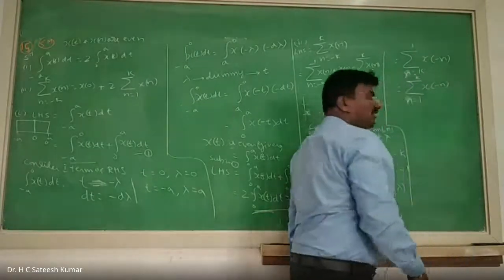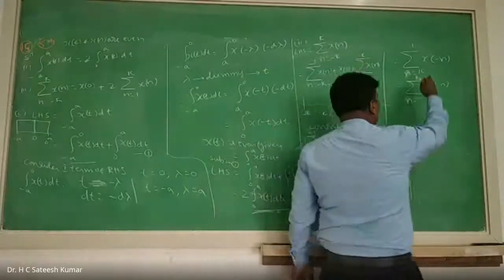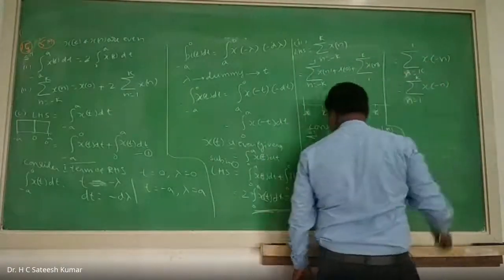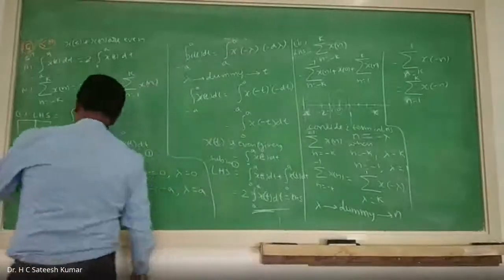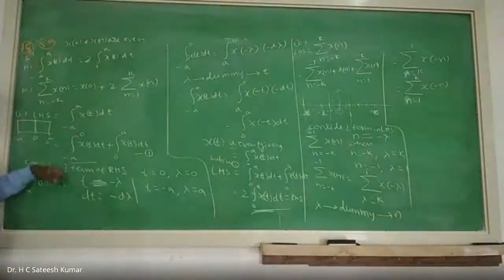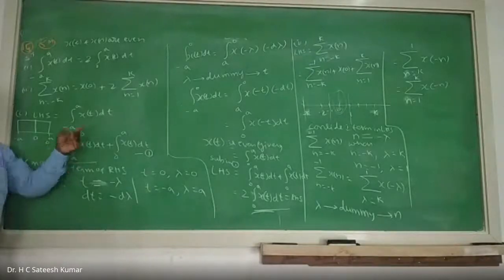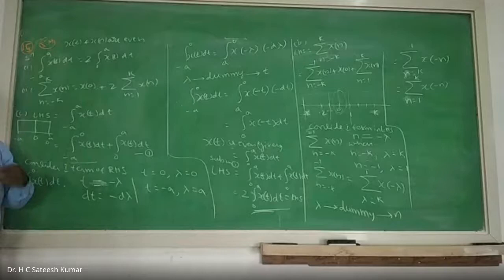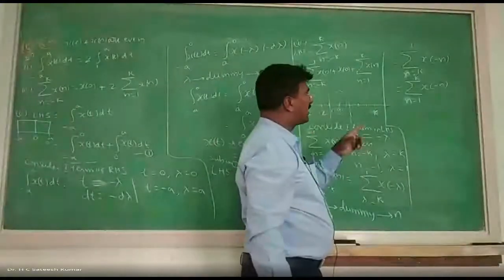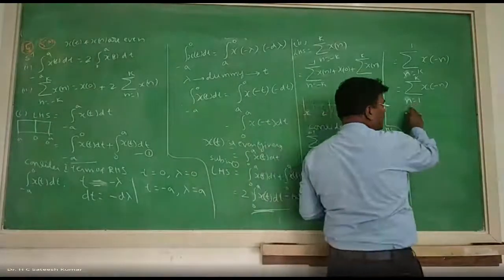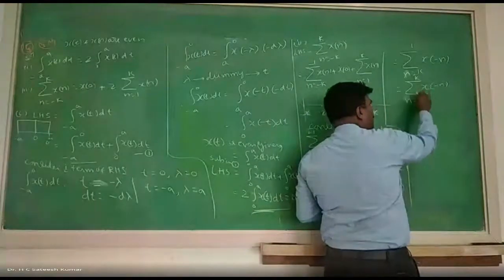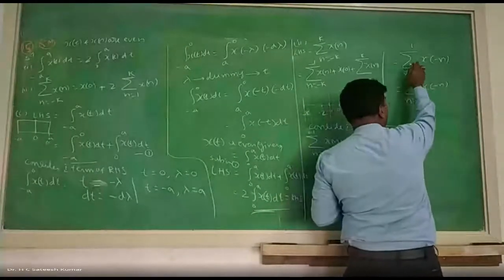What is the meaning of this? Summation from k to 1 and 1 to k are the same, I am saying. But when I say integration from minus a to 0 and 0 to minus a, you will get a negative sign, I said. How come it is not negative here? This is because of the property of the integration, and it is not applicable here. The reason is, summation is nothing but adding the values of the function from 1 to k, or from k to 1.